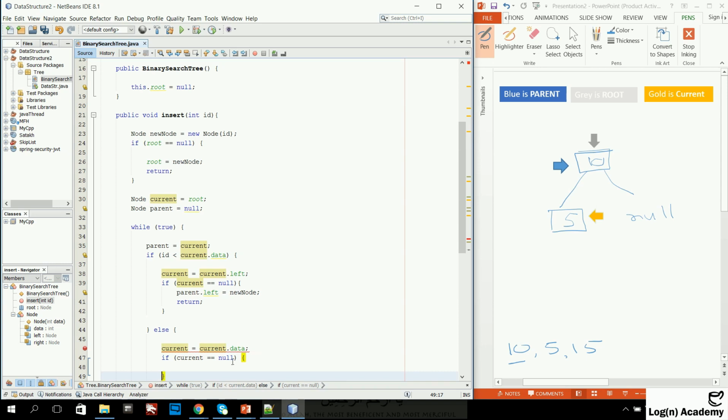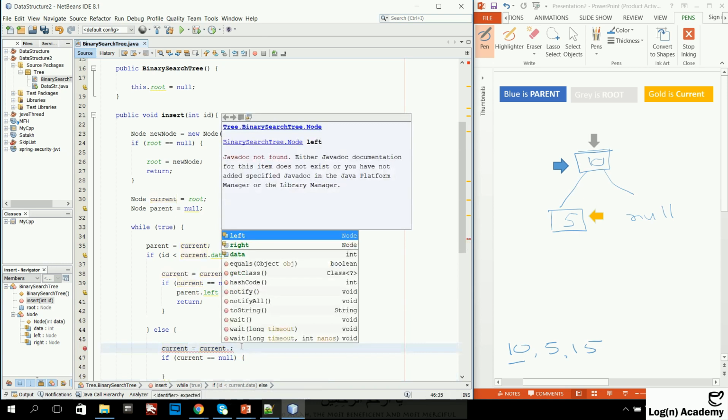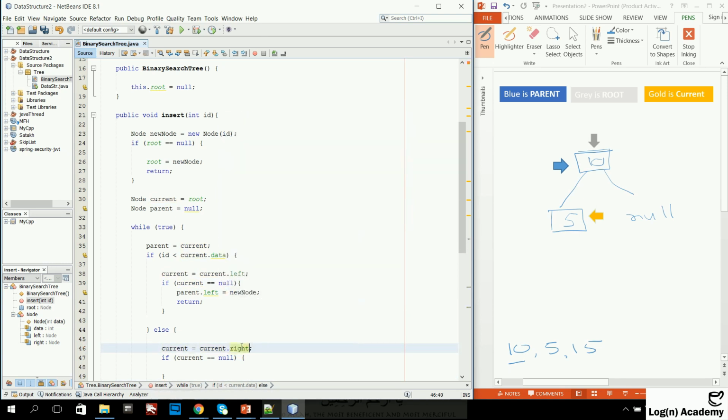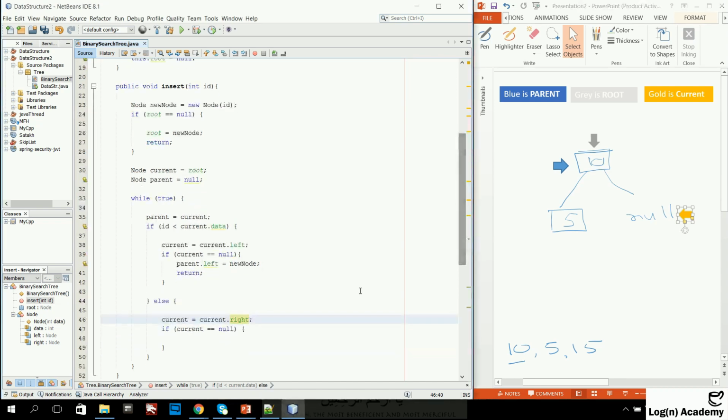I think I have made a mistake. It should be current dot right, right? So if the value is less, then the pointer will come here. Otherwise the pointer is here, and the value is greater, which is 15, and then the pointer will point towards here. And right now the right-hand side of the root is null, right? So if the value is null, coming back to the code,